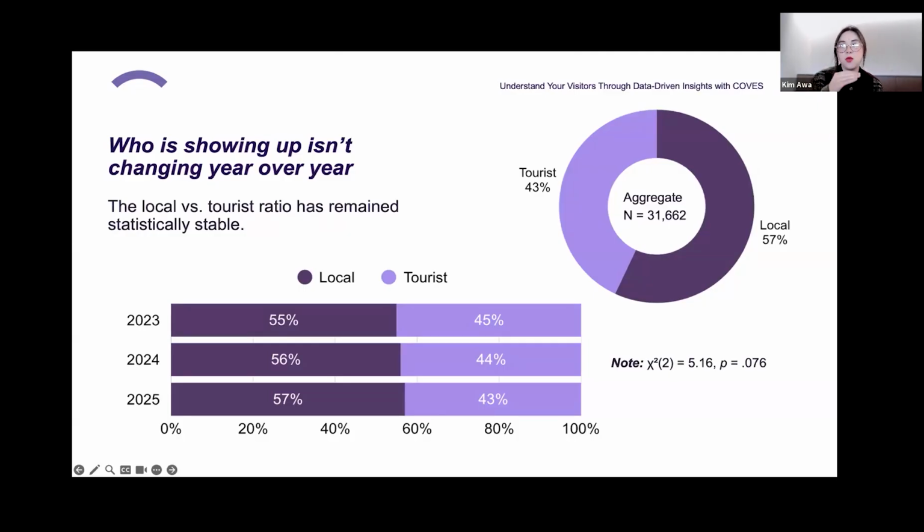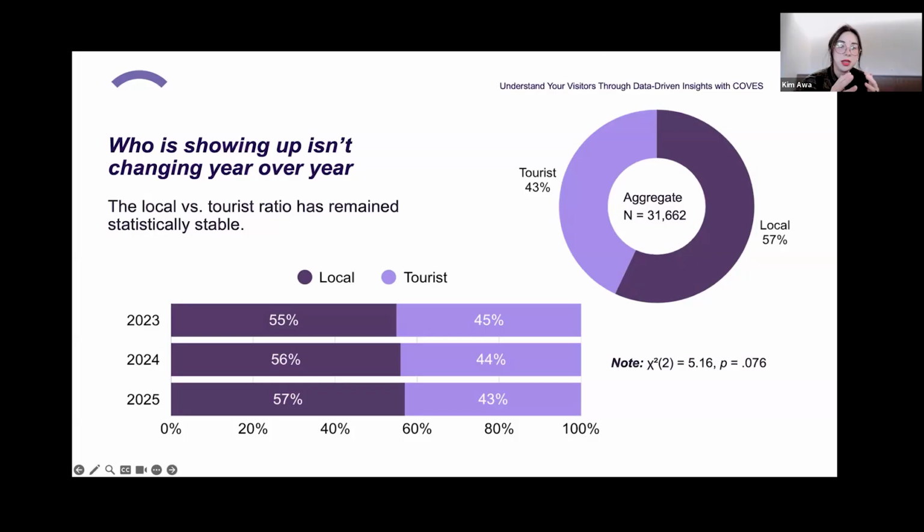But I wanted to take it one step further and test whether these patterns are actually stable from a statistical standpoint. So I ran a chi-square, which is an inferential method to determine: are these fluctuations random or meaningful? And as you can see, the results showed that yes, these patterns are stable.